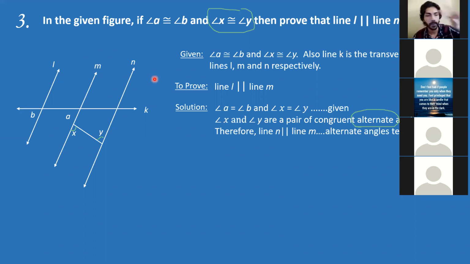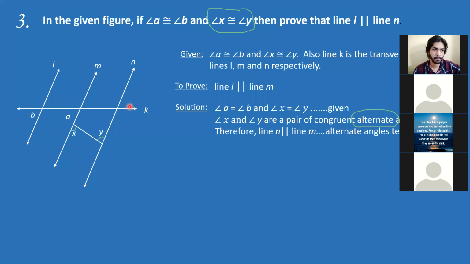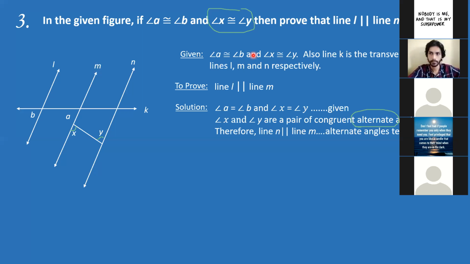Now we go to the second part. In the second part, it is given that angle B and angle A are congruent. Now, folks, pay attention. We have a transversal. Aditya, you have raised your hand. Yes, I want to give the answer. Okay, you want to give the next answer. Wait, just a minute. Let me complete the new answer.